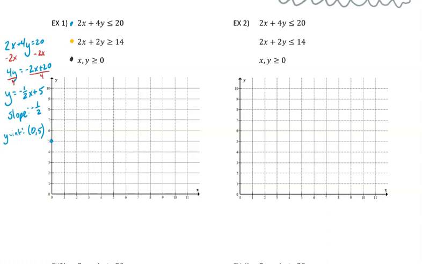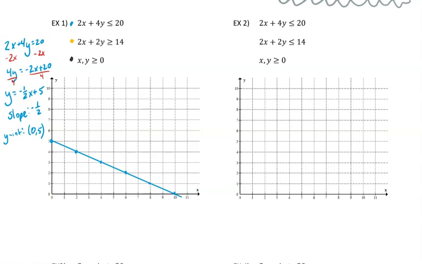So we're going to start up at 5. Then go down 1 over 2, down 1 over 2. Then we're going to draw the line through it, and all of these are less than or equal to or greater than or equal to, so that means we're going to be using solid lines for all of these. So I'm going to go ahead and draw that solid line,